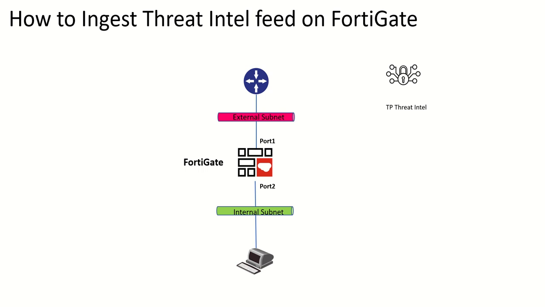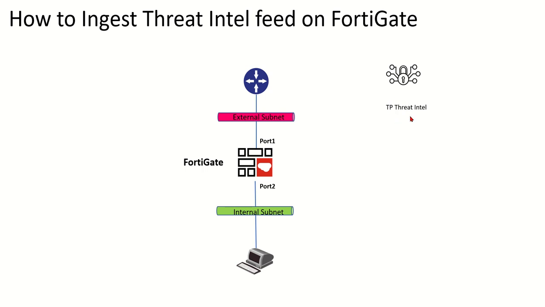So this is my demo environment, where I have built a lab on Azure. You can see that I have an external subnet, an internal subnet, and one VM. And then there's a threat intel service, which I'm going to use in my demo environment. The idea of this demonstration is to show you that any malicious IP addresses being published onto this threat intel platform, it may be any third-party threat intel platform,